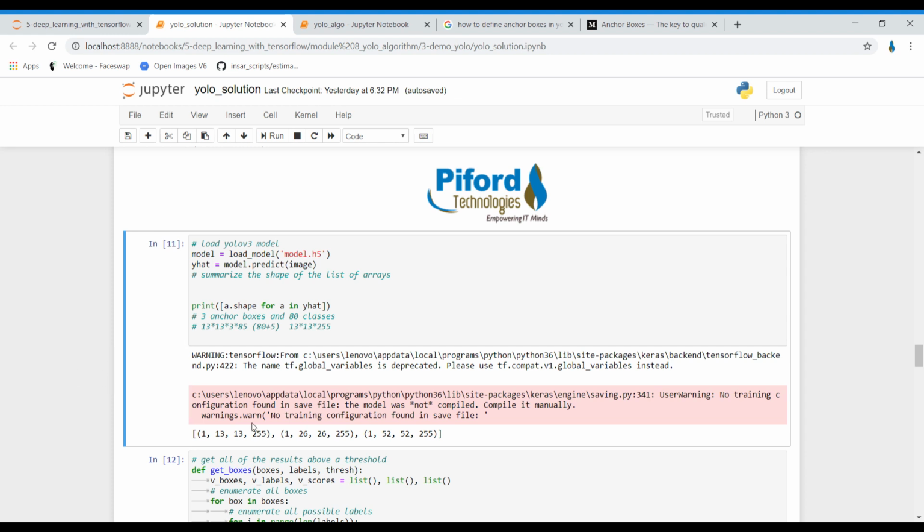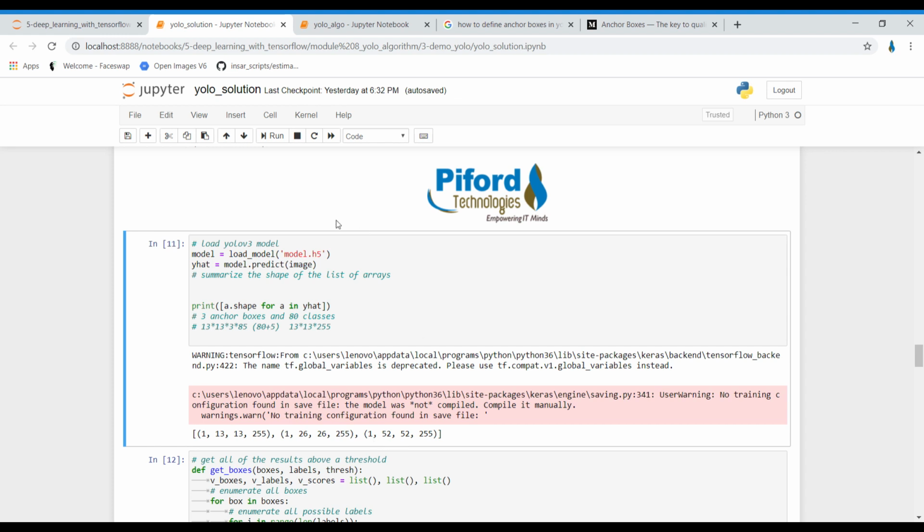So that simply means 13 into 13, and into 3 because of the three boxes per cell, and then 85, where 80 is for the classes and 5 is bx, by, bh, bw and c, which tells us whether there is an object in a cell. So this is how we are getting this 255.